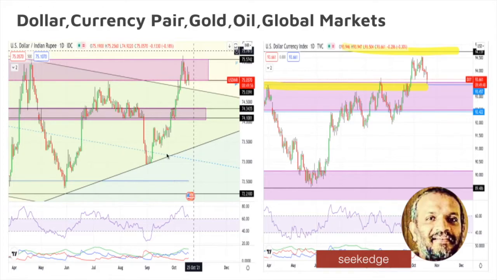USD INR currency pair also is at a major resistance zone. Try to break out of the channel. Try to break out of the resistance above that. Not dipped and then consolidating and hovering around that 75 level. So anything beyond 75.5